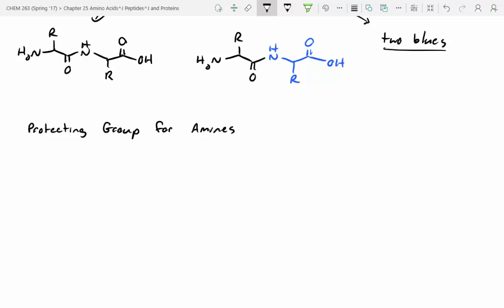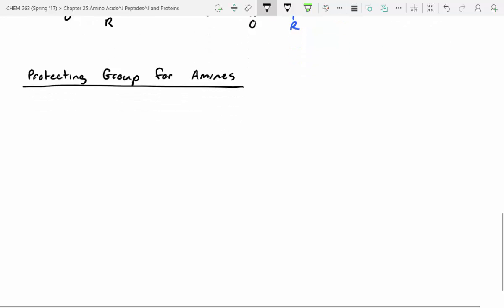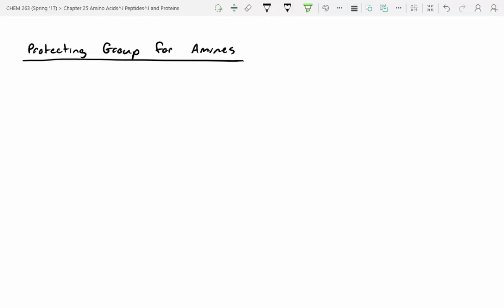You guys have actually seen this protecting group on a few pods before, but does anybody remember seeing BOC written down? Nope. So BOC is a protecting group that's really common for amines. And what this stands for is tert-butyloxycarbonyl. So a BOC group,